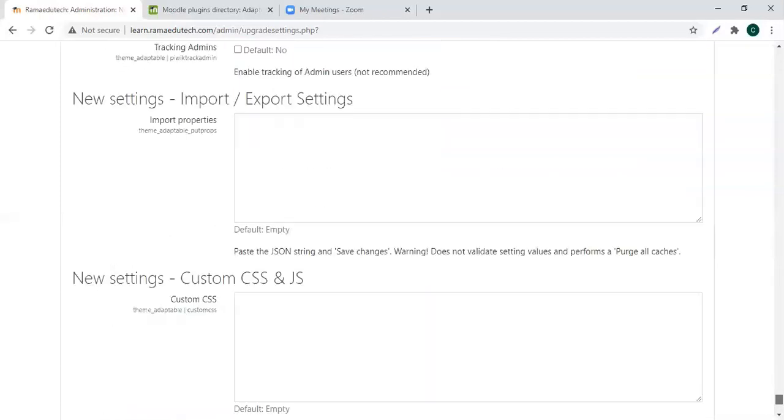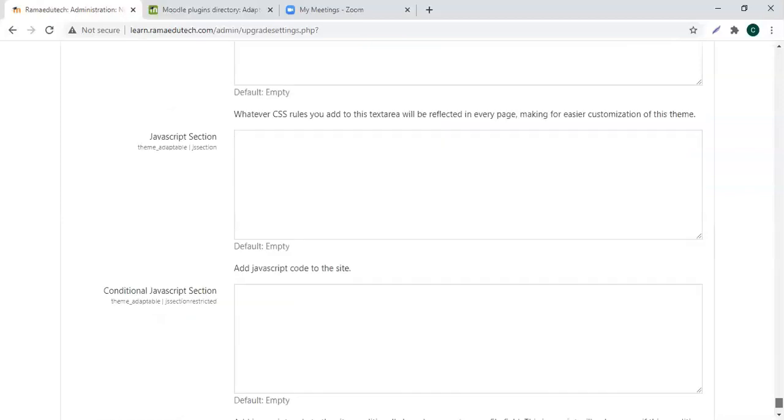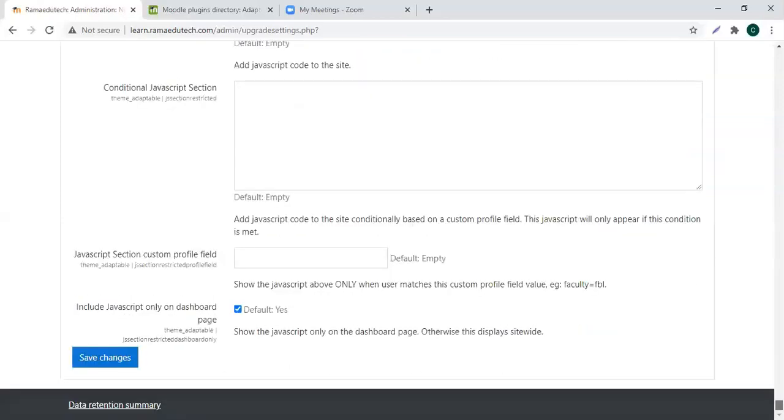Okay. Is there a preview if you edit some setting? No, if you edit some settings, you can save them and see. If you want to change them later on, you can go back and change them in theme settings.